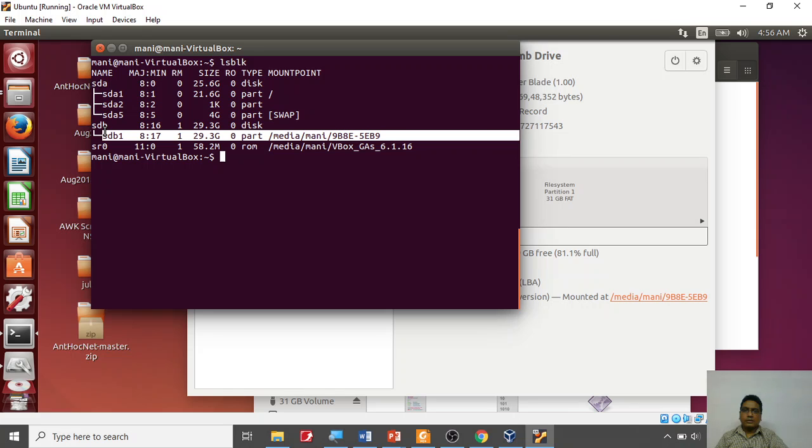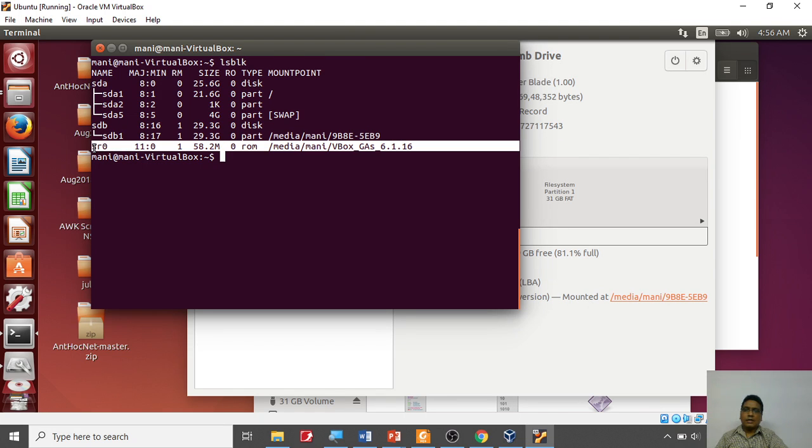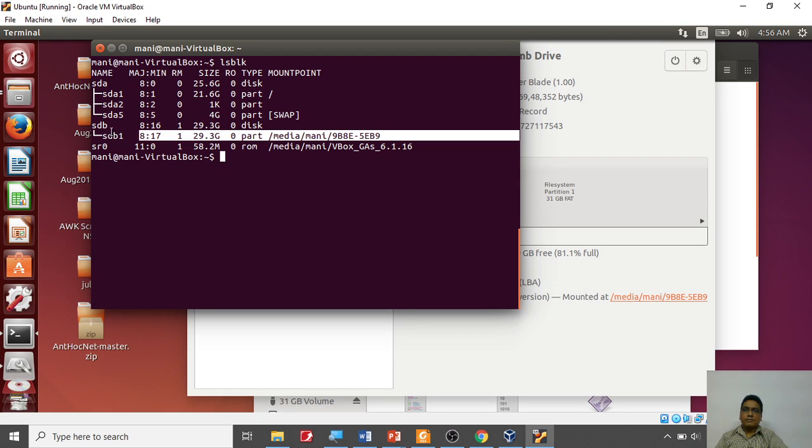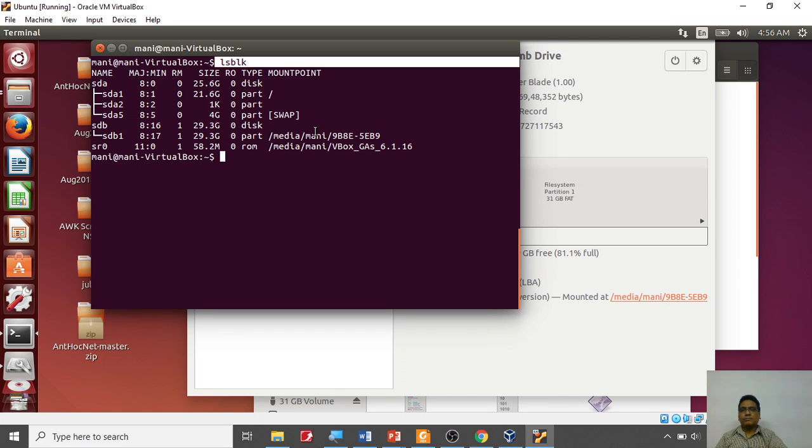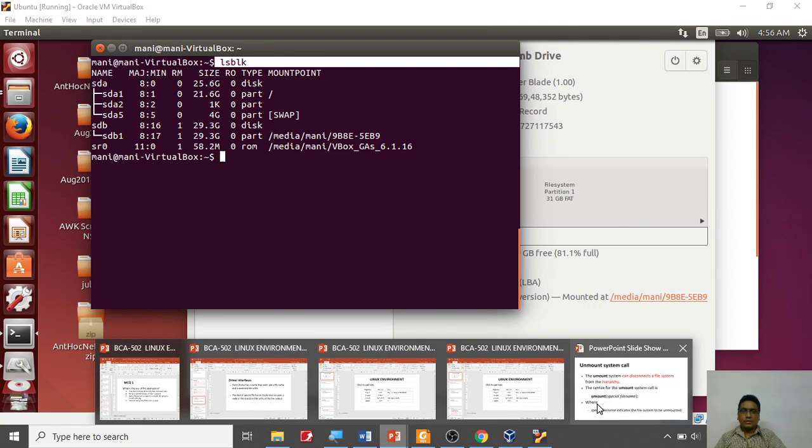which I think is the CD-ROM having sr0, and I have my pen drive which is this one. So you notice that for block devices, it is using one major number and one minor number, and maybe you have the size, but you can also see the mount point. So always in Ubuntu, you can use lsblk to get the file system. Let's go back to the